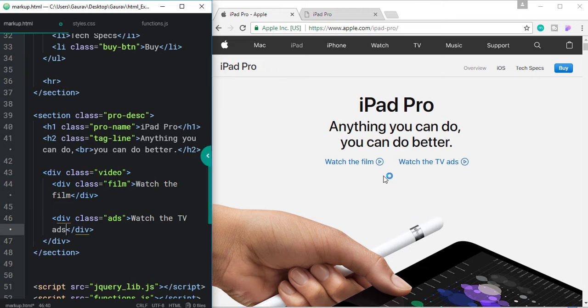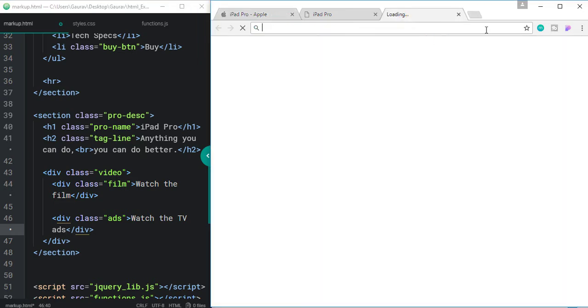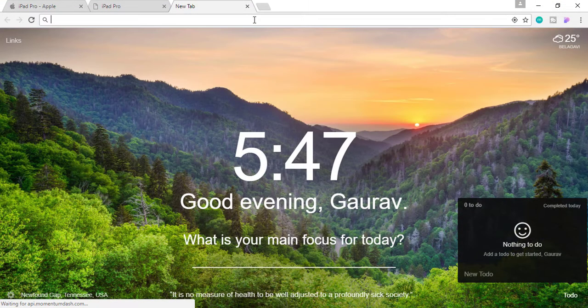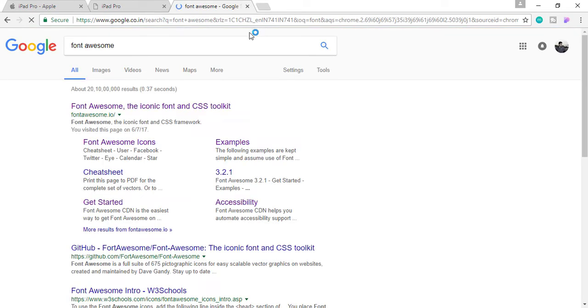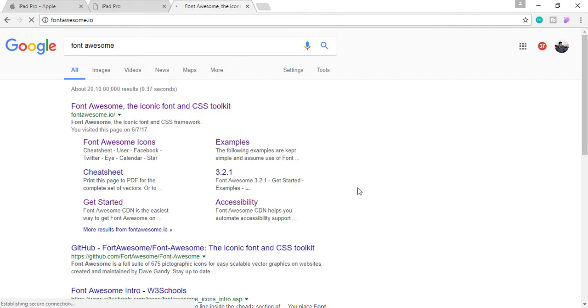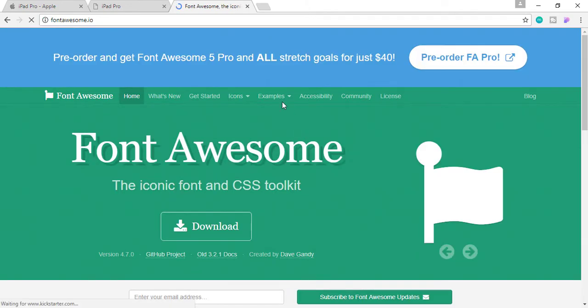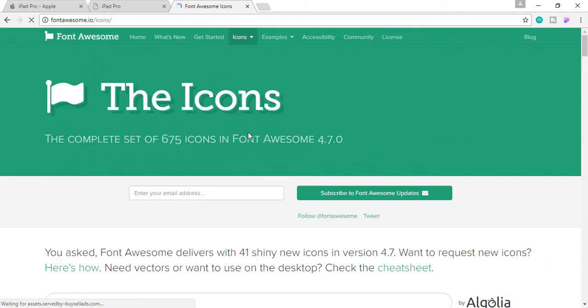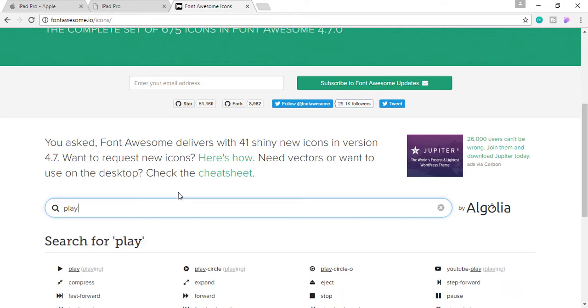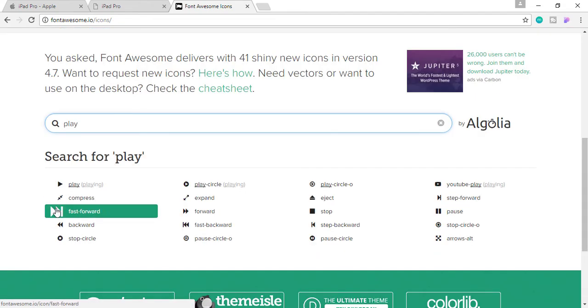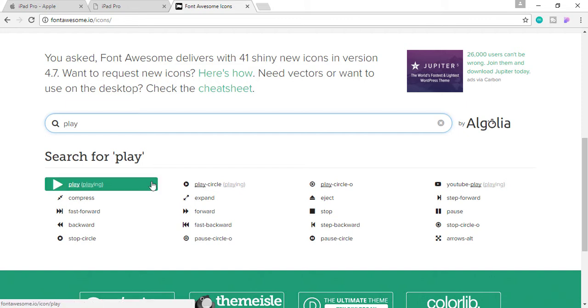And also we need these icons, so let's go to fontawesome.com, and let's find that icon. Let's go to icons, and let's search for the play button. So here are several play buttons.